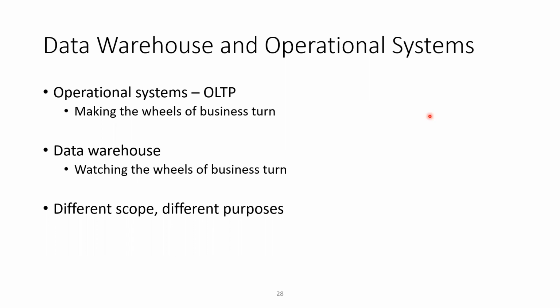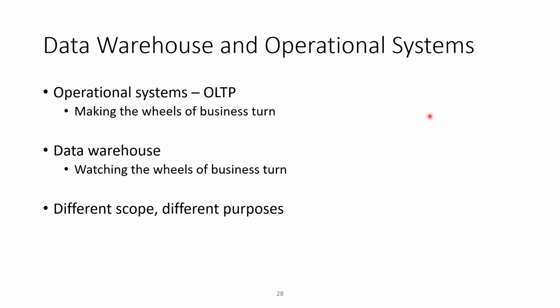Okay, so data warehouse and operational system. The operational systems are normally known as OLTP, online transaction processing. It is about capturing the transactions. What are the daily things which are changing in the organizations? Which things are added, which things are removed, how things are updated, the prices are updated, etc. This is OLTP, or operational systems.